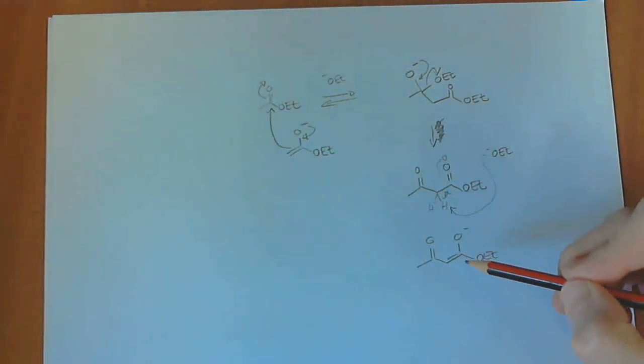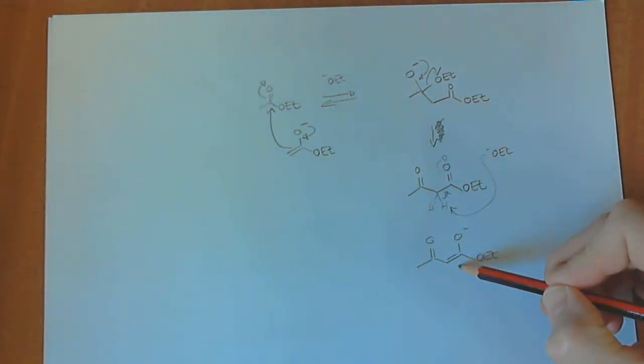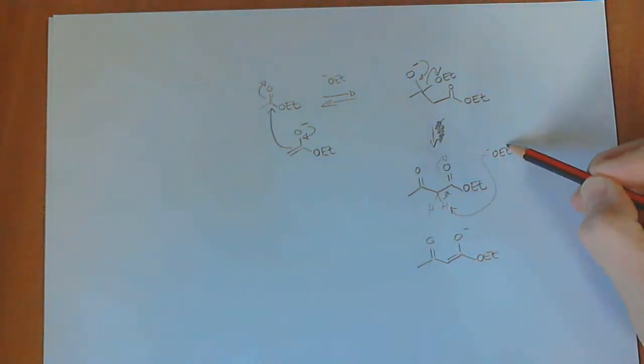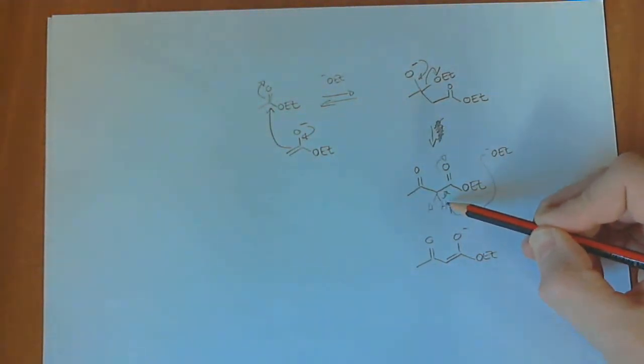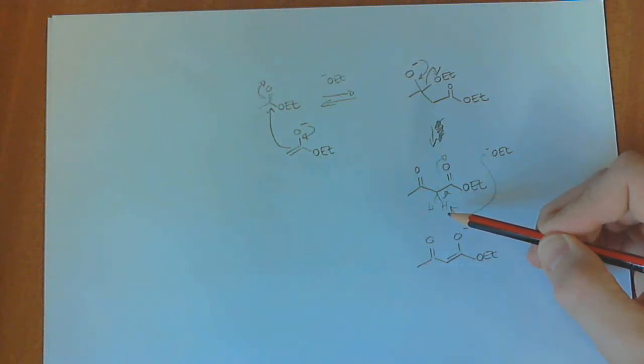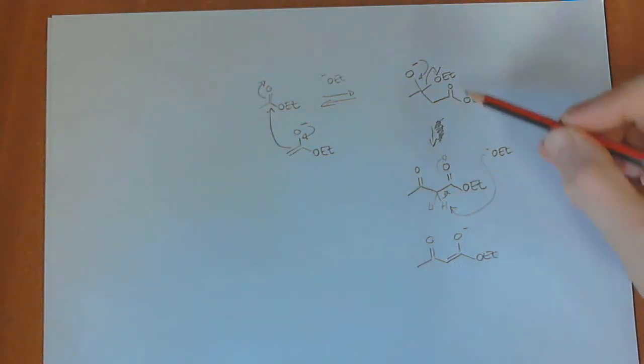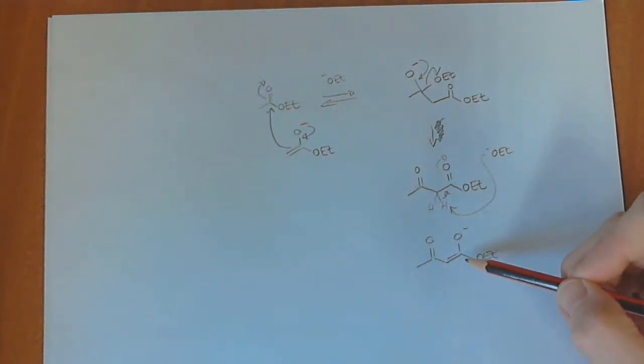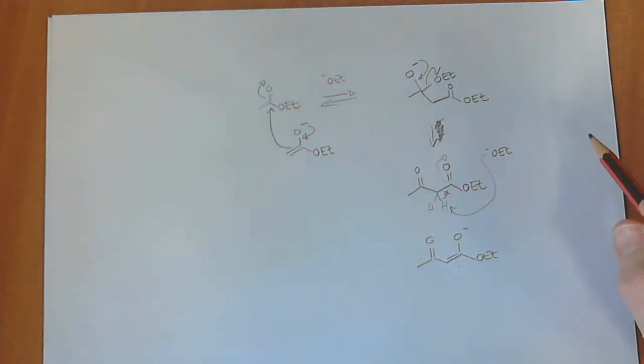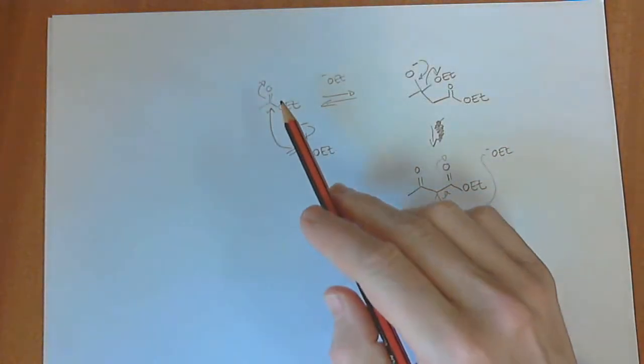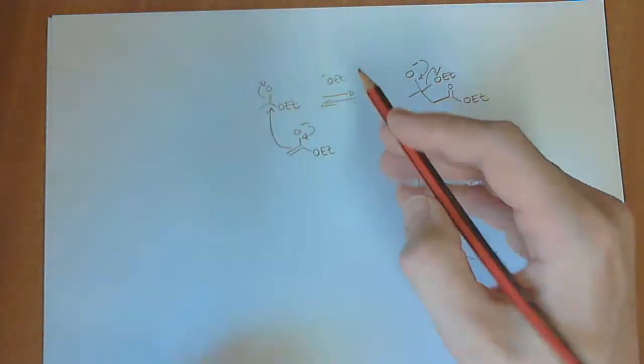At this point, once we form this enolate, this is now stable and nothing more can happen with this. It's because the ethoxide that's released is basic enough to pick up this proton. So this reaction ends up just going to the product over here. You don't get any of the reversal reactions happening. Again, the key point here is to just note that what we've done is we've effectively taken